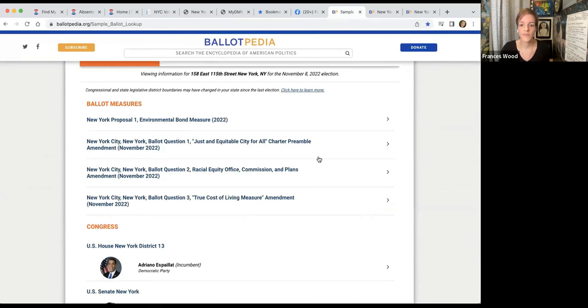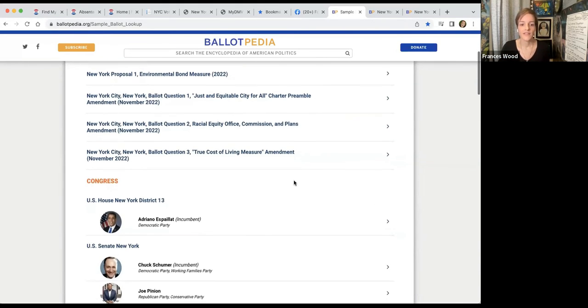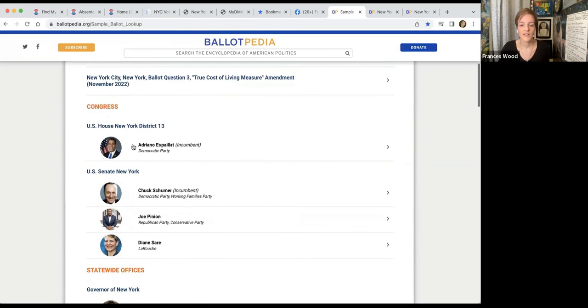Those are going to be at the top of your sample ballot. They may not be at the top of your actual ballot. I think they're usually at the end, but the way this shows up on Ballotpedia is they're at the top here so you can look at them. Then they break it down by Congress. So Espaillat, who's running